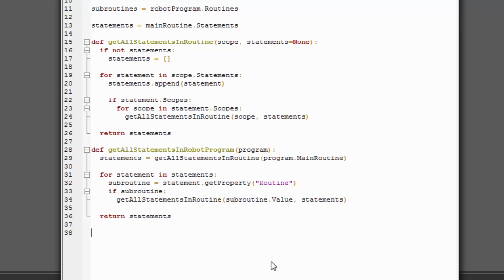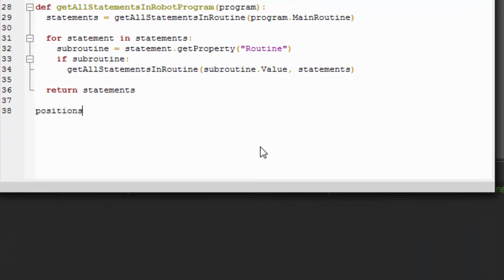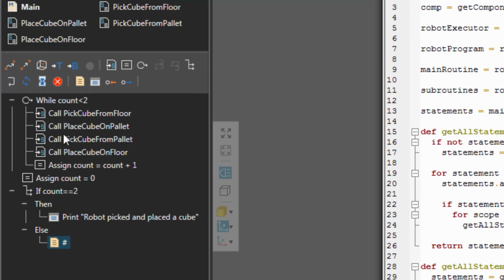So if a statement is a motion statement, it contains a motion and a point, let's get handles for those positions. So I'll say positions equals an empty list. And if we see in our main routine, it doesn't have any motion statements at all, so we probably don't want to use that. Let's use one of these subroutines here.